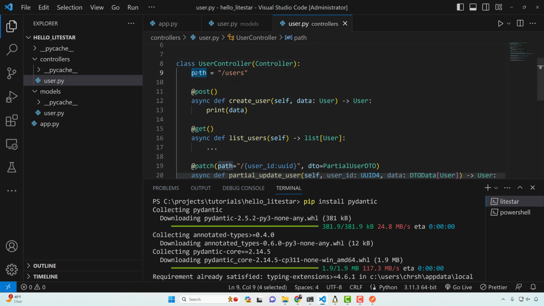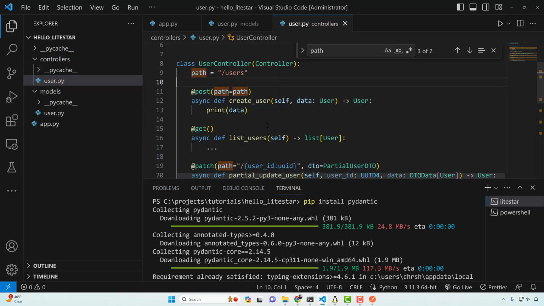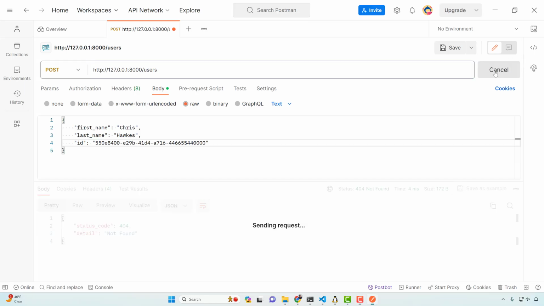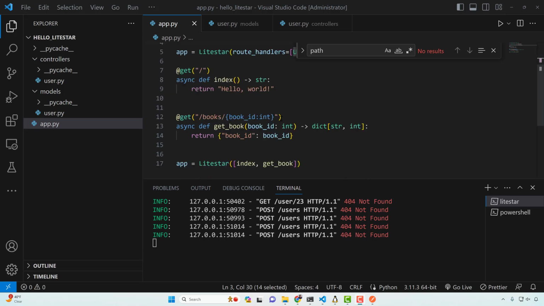So where is path actually being used? That would explain it. Let me just manually do that. You know what? Screw it. I'll just say that this is path. And just to be safe. Still getting 404. So clearly I think one of the problems here is that we have this code down here